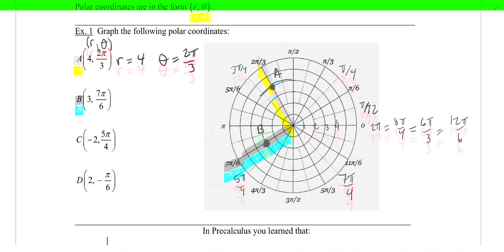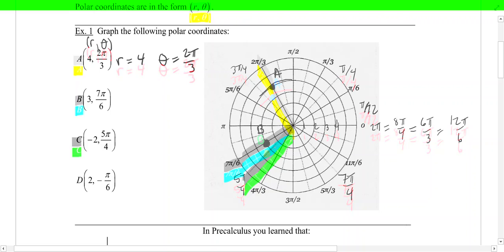And then if we point C, we go to 5 pi over 4, which is this one right here. This is 5 pi over 4. And I want a -2. So whenever we do a -2, what we're doing is, instead of having 2 on the positive side, meaning towards that positive angle,